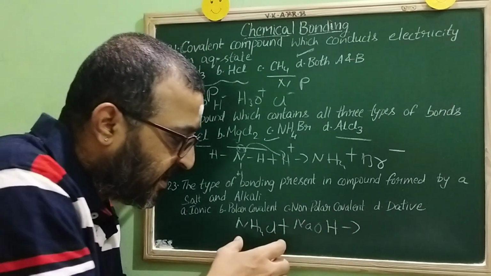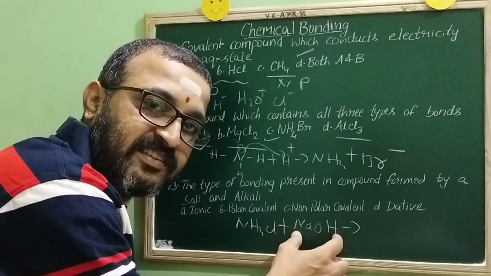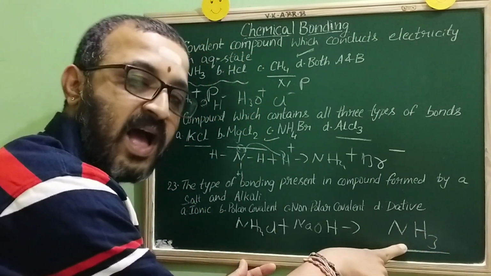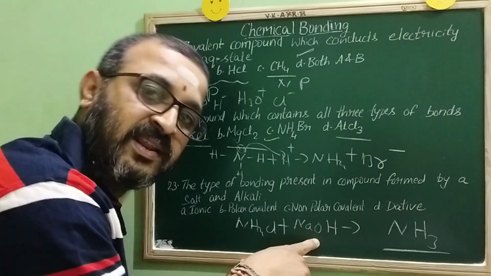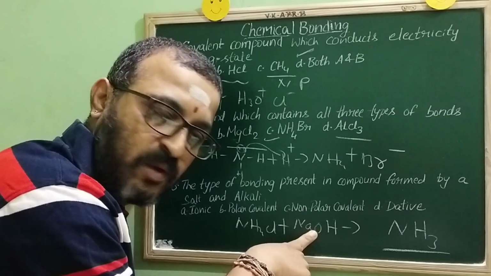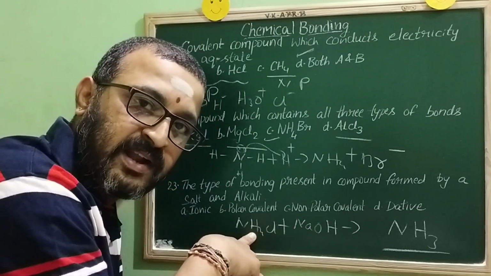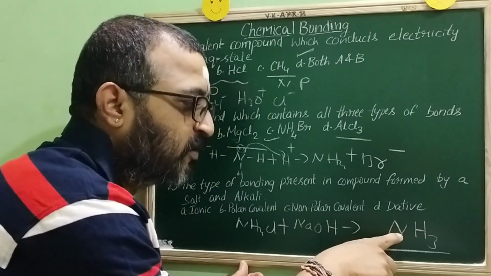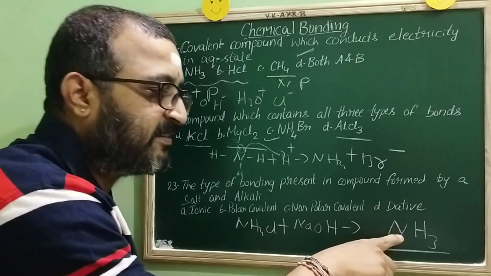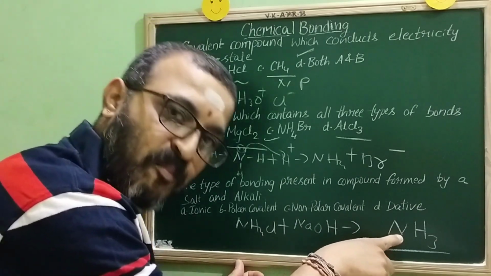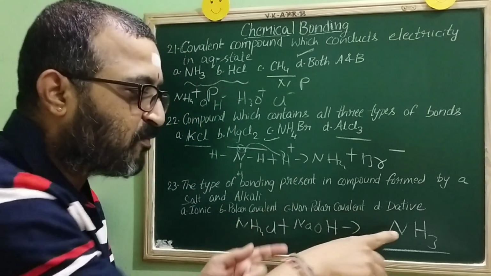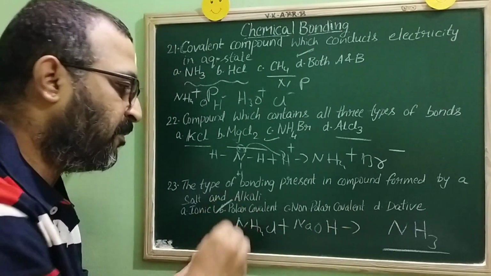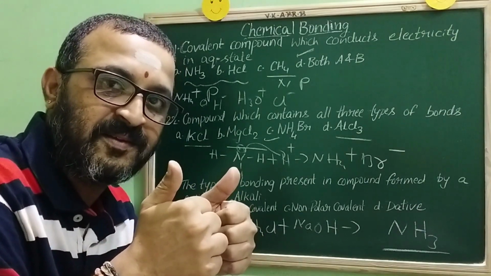Now common sense says that any ammonium salt when it is reacted with alkali, the gas we are going to get is what, children? Ammonia. You can also take calcium hydroxide instead of this NaOH, and you can take ammonium sulfate instead of ammonium chloride. Then the product will be ammonia only. So the type of bond present in ammonia is, it's a what compound, children? Polar covalent compound. So the type of bond is polar covalent bond. Do we have this option? Yes, it is option B. Is it clear, children?